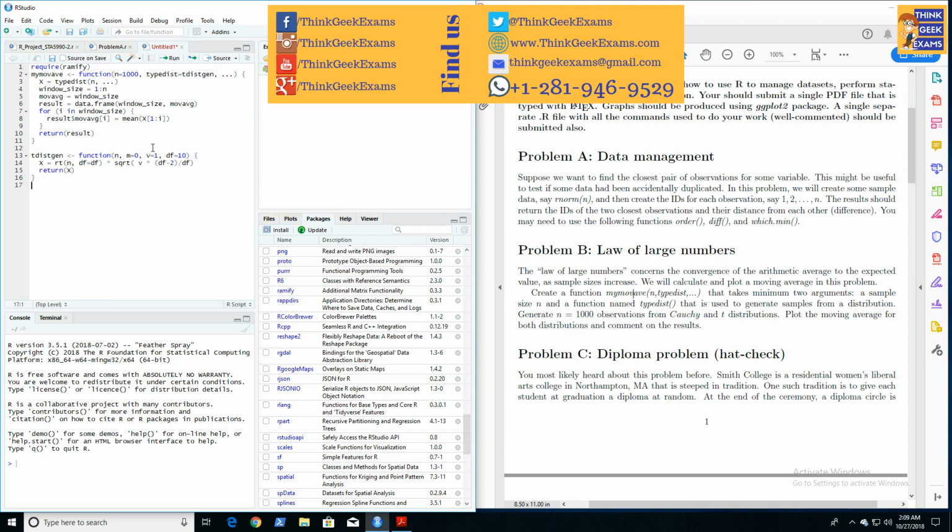And that's our typedist. So next we need to define the Cauchy disgen. Where am I typing here? So Cauchy